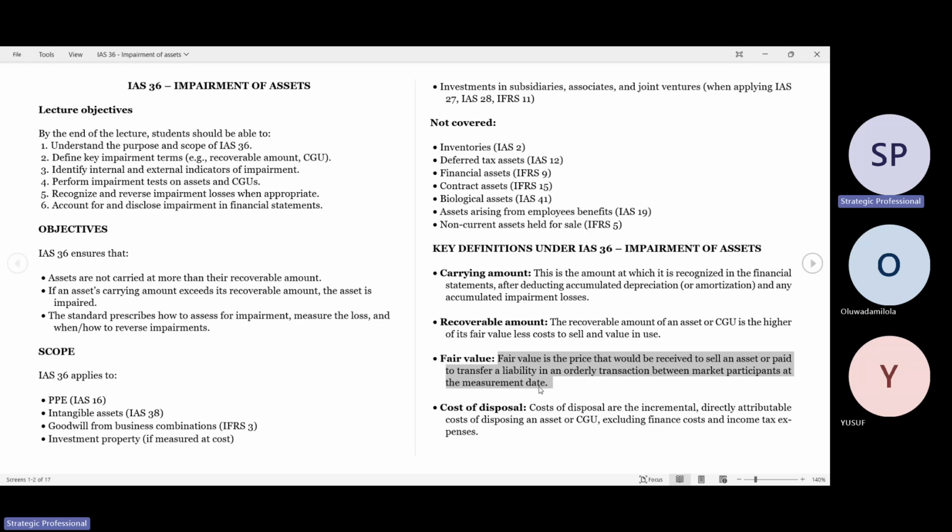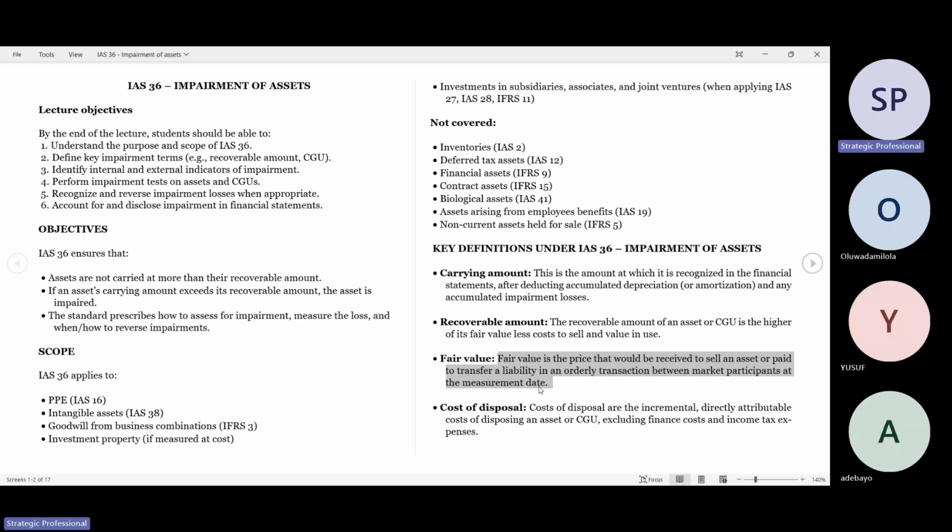However, if you decide to sell that office building, it goes for 40 million naira. That 40 million naira is what we call your market value, also known as your fair value. Are we on the same page? It means that fair value is your market price or market value of the asset. That's what fair value means. So if I have a motor vehicle and people in the market are willing to buy it for 5 million naira, that 5 million naira is the fair value. Fair value and market value.